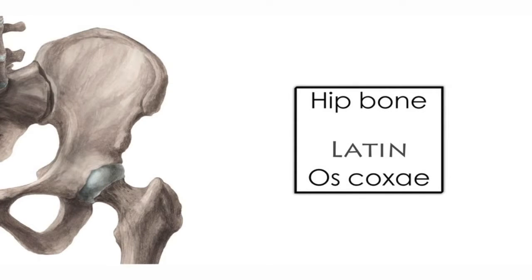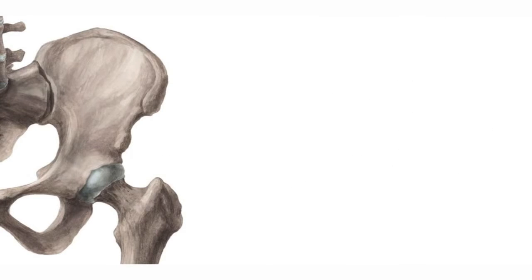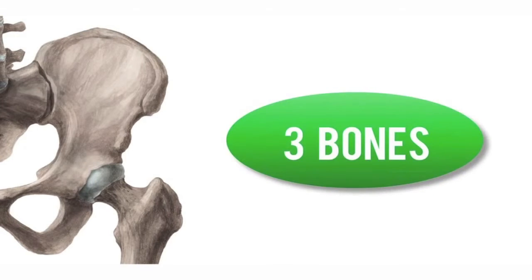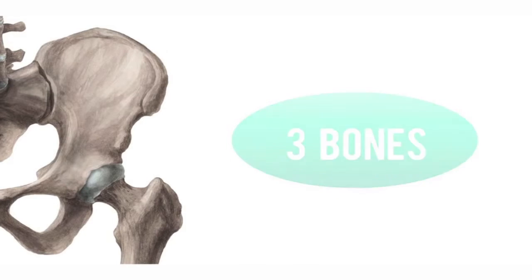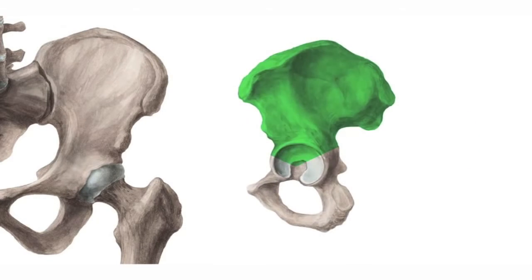Very important. And the very first thing you need to know about the hip bone is that it is comprised of three bones. The first one is this one that you can see here. It's highlighted in green, like in all our training units and all our tutorials, so you have a similar learning process. And this bone right here is the largest one that you find on the hip bone